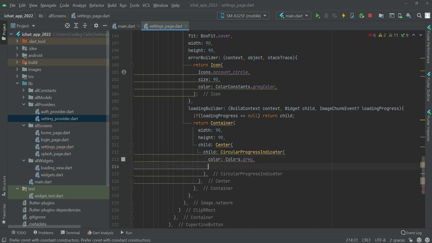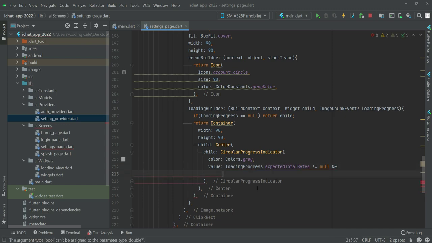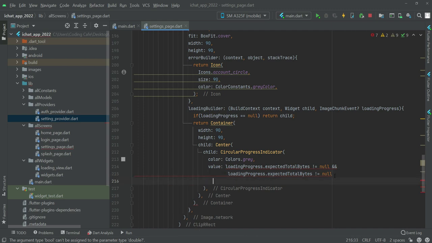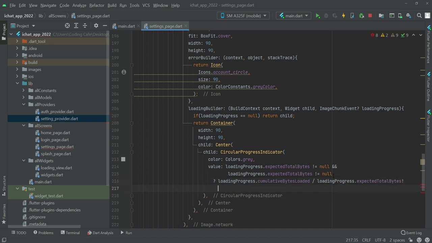Let's color it as gray, and in the value we will say loading progress dot expected total bytes is not equals to null, and let's move to the next line. Right here we will say that the loading progress dot expected total bytes is not equals to null. So if it is that case, then the loading progress dot cumulative bytes loaded divided by the loading progress dot expected total bytes, like this, and then add an else condition, else it will be null, and also for the